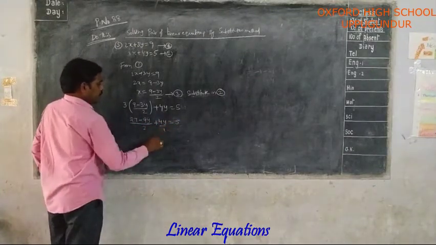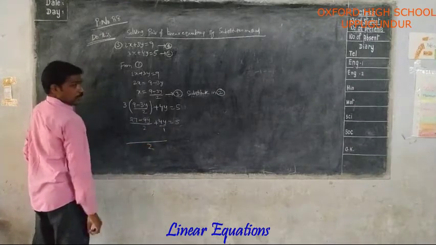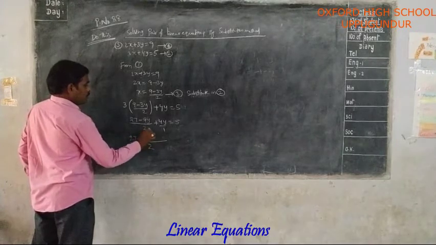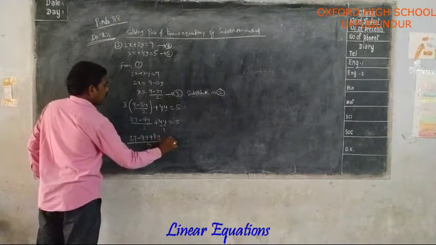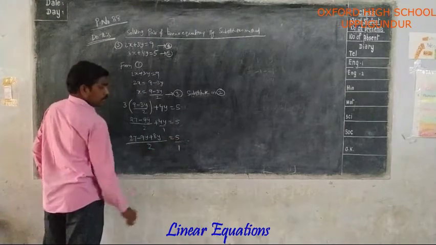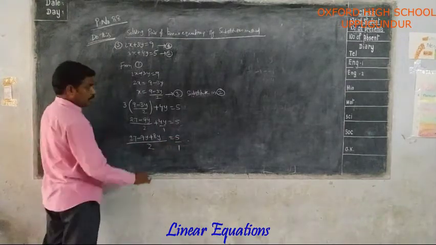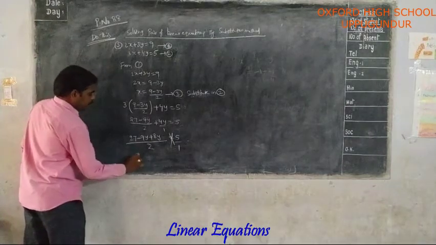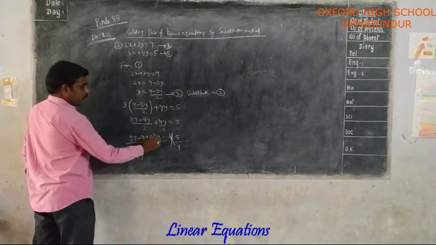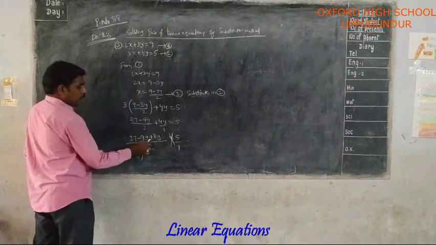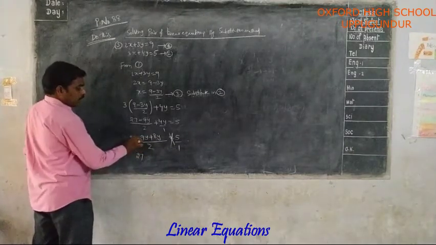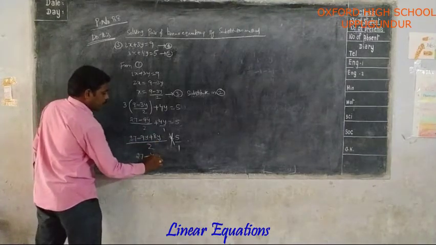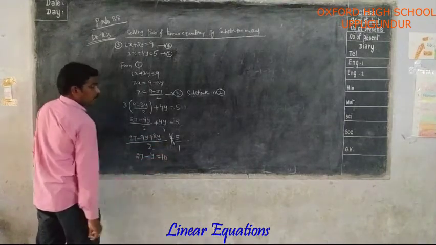Now taking LCM here, LCM is 2. 27 minus 9y plus 2 4s are 8y equal to 5. Now here there is no denominator, means denominator is 1. Cross multiplying these two. So 27 minus 9y plus 8y, these two are like terms. Opposite signs you have to subtract. Greater sign is minus. So minus 9y plus 8y, y equal to 5 minus 27.